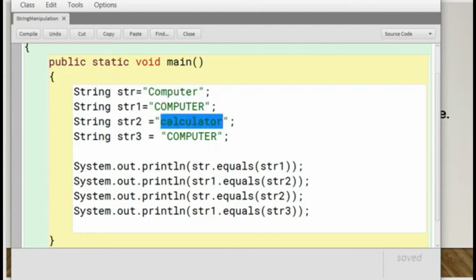So again the function will return the false value, and in the third case also the function will return the false value. So only in the last possible case will the function return the true value, and in every other case the function returns the false value.